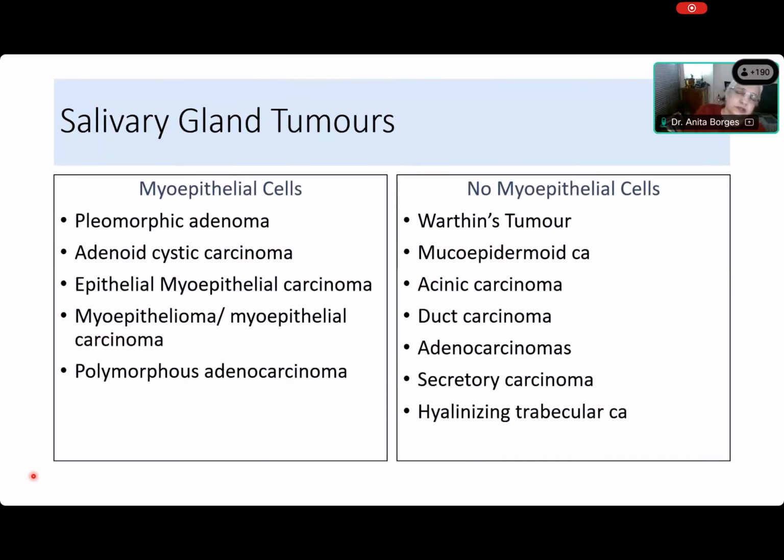So this is a recapitulation of what I'd already said in my first lecture. If you want to approach salivary gland tumors, and there are so many of them, just divide them up into those that have myoepithelial cells and those that have no myoepithelial cells. If you are able to identify myoepithelial cells in the tumor, then you have no problems. You rule out all the tumors on the right-hand side, and you rule in everything on the left-hand side. So it's very important to be able to identify myoepithelial cells. The Cinderella cell is the key to the diagnosis of salivary gland tumors.